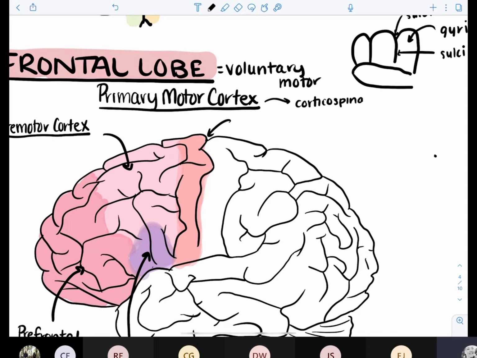Corticospinal fibers, starting point, right? So it's going to be responsible for motion of our joints. So it's going to be what orchestrates the